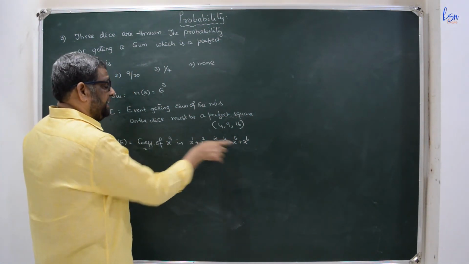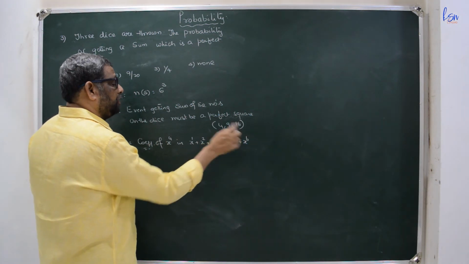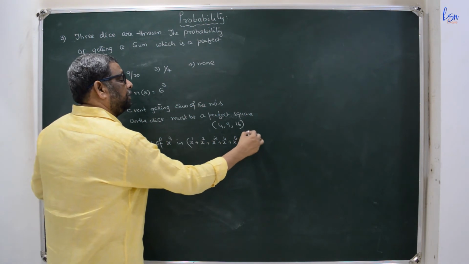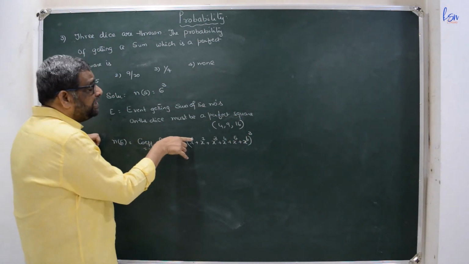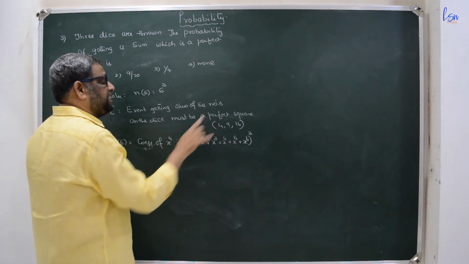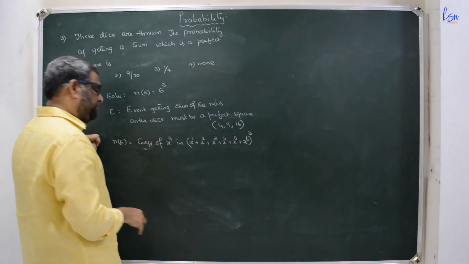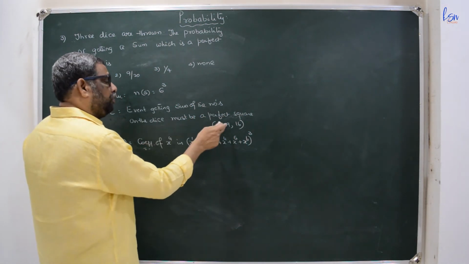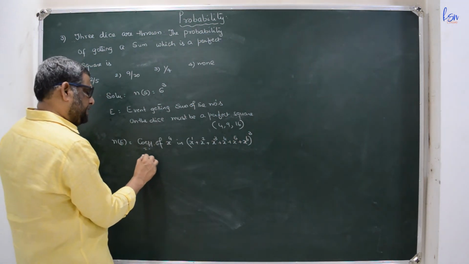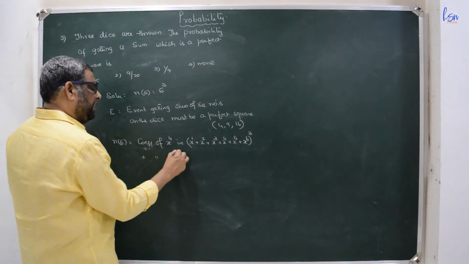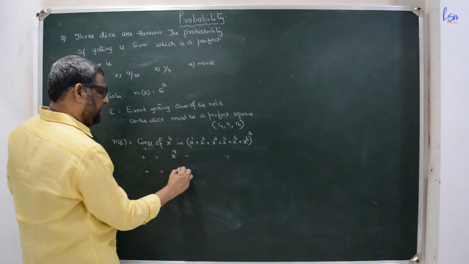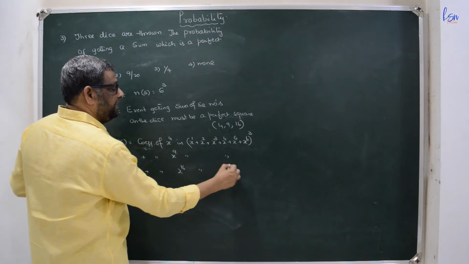So this is for one die: either 1 will come, or 2, or 3, or 4, like that, only one number will appear. 3 dice are thrown, whole cube. Here the power indicates the number that appears on the die. Such a die is thrown 3 times, or 3 dice are thrown. So to get the 4, the coefficient of x^4 must be taken in this expansion, plus the coefficient of x^9 in this expansion, plus the coefficient of x^16 in the expansion.